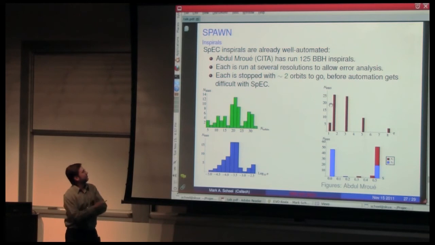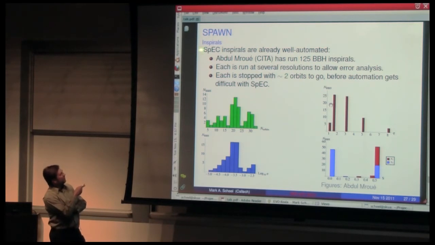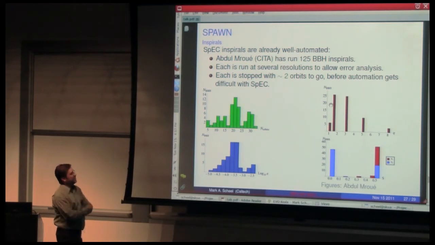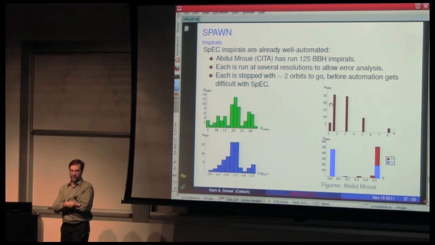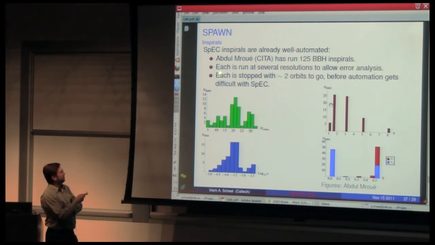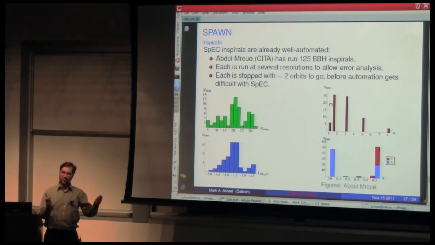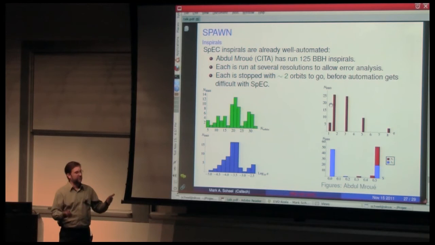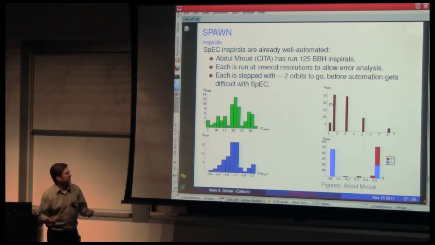So I want to mention a little about the status of this. The inspirals for SpEC are already very well automated, mostly done by Abdul Maroué at CITA, and he's run 125 binary black hole inspirals at several resolutions, and each one stops with about maybe 2 orbits to go, because that's around where the automation starts getting difficult with SpEC. And so the idea is that we're going in and restarting these from where they left off with new algorithms